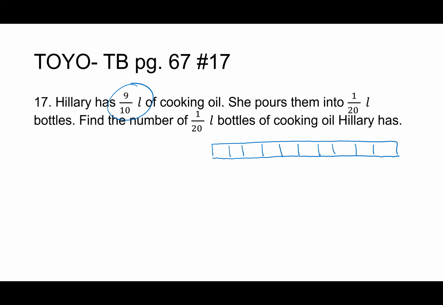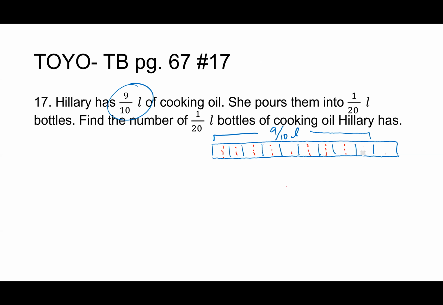Okay, so let's go ahead and label what she's starting with. She's got 9/10 of a liter. So that's going to cover 9 out of our 10 units right there. All right. Now, if she wants to put it into 1/20 bottles, can I make those 10ths into 20ths pretty quick? What should I do? Morgan? Split them into half. Yeah. I'm going to go ahead and subdivide each unit into 2. And now I have